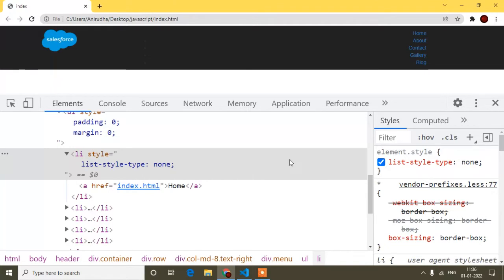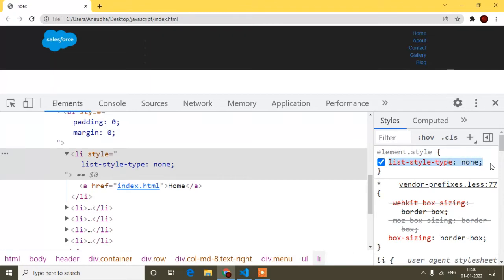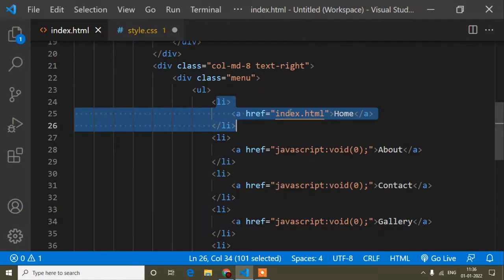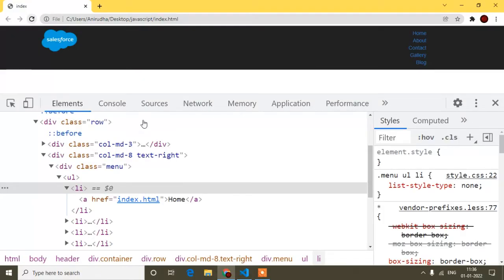Okay, so here I am writing for the one li tag, so you can see it's removed from the one li tag, right? So now I will copy this one and here I will paste this one, save and refresh. So you can see it's removed from all the li tags, and this menu UL li CSS is coming here now.